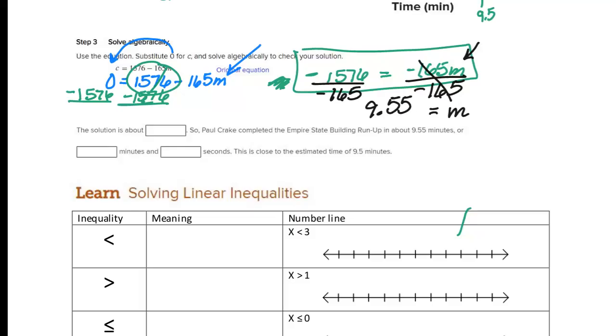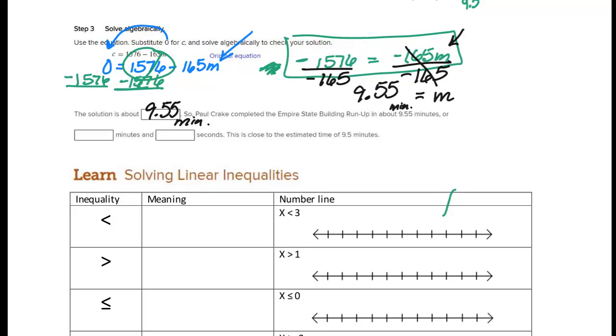And what is that? 9.55 what? Minutes. Okay, so the solution is about 9.55 minutes. So Paul Craig completed the Empire State Building run-up in about 9.55 minutes, or that is 9